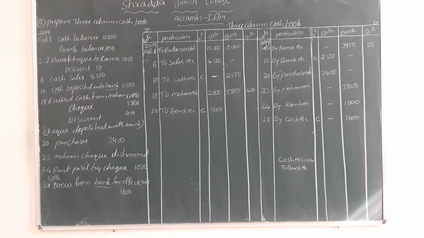That's why we take the LF column and write C. C means contra entry, friends. Okay now, so all these transactions we can record on the debit and credit sides. Receipts we record on the debit side. Payments we record on the credit side, friends. Okay, now what can we make? We can make the balance carried on. How can we make the balance carried on? Let us see.